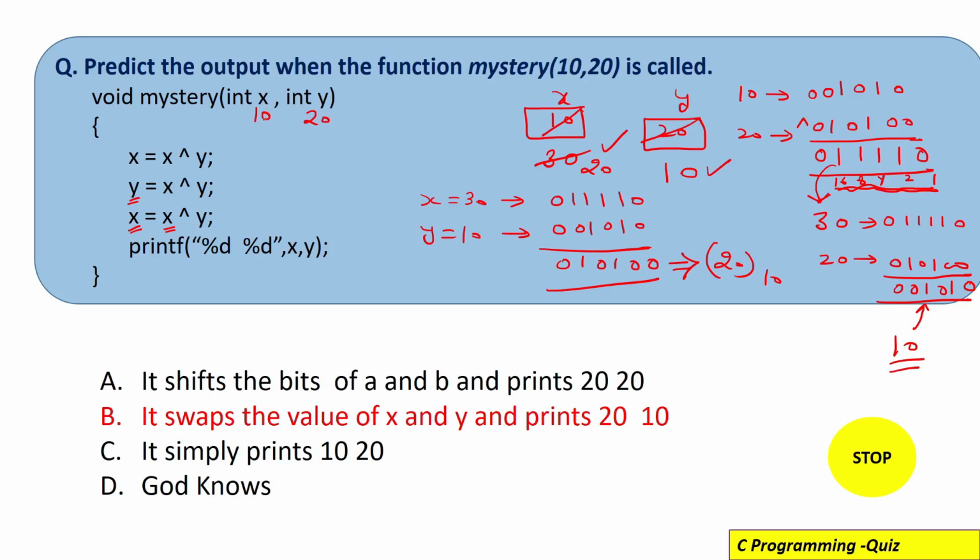Originally x was storing 10 but now 10 is inside y. Similarly, y was storing 20 but now x is storing 20. That means the values of x and y have been interchanged. That's why option B is correct. If you apply the same code on some other values, you will also see that the values of x and y will be swapped. So this is one of the efficient ways to interchange the values of two variables without using any third